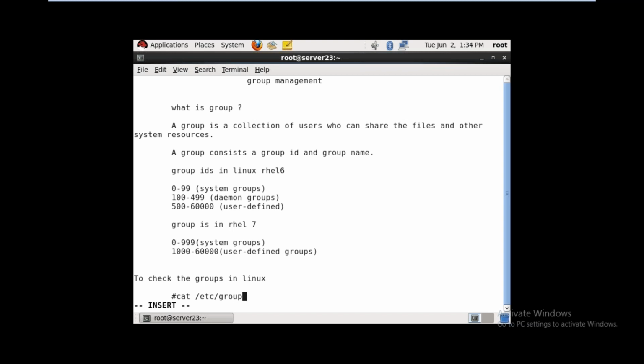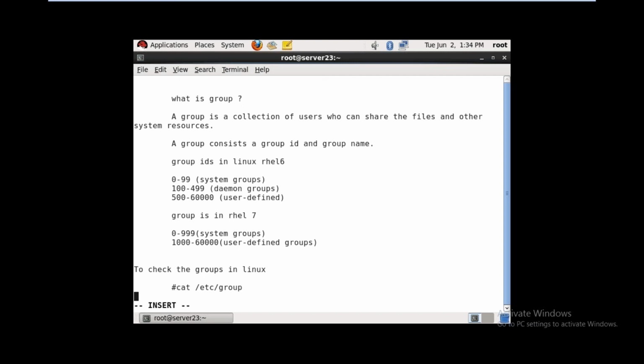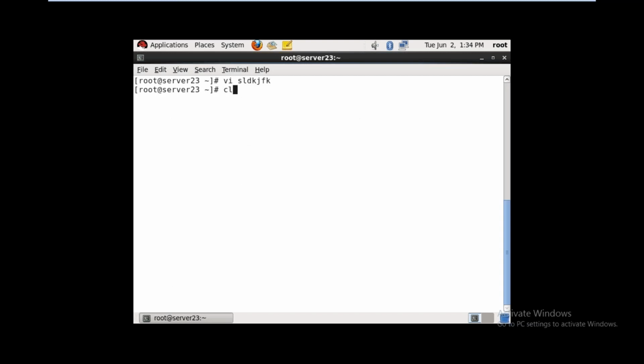So before going to create group accounts, if you want to check the existing groups, you can check the file cat /etc/group. Next, creating group accounts. To create a group, groupadd -g, group ID I am giving 550, group name I am giving DBA.